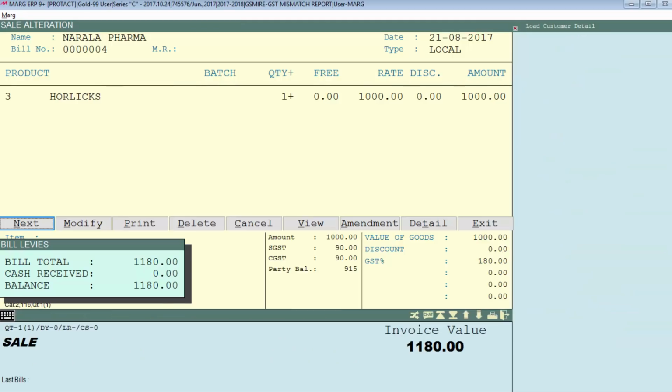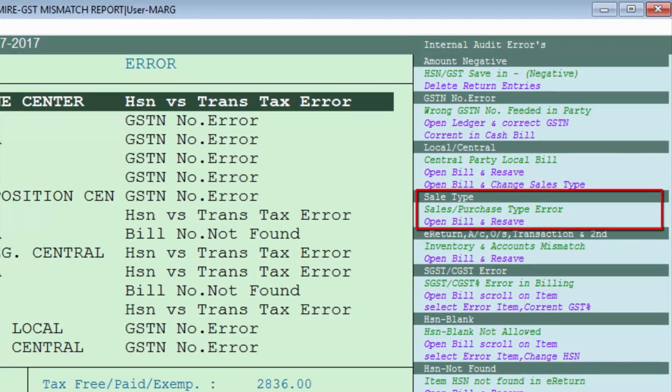But if we open this bill and see, local is selected in sale type, means the party belongs to central, but we had set local in sale type. So to correct this error, either you can modify this bill and change its sale type, or you can simply resave this bill.